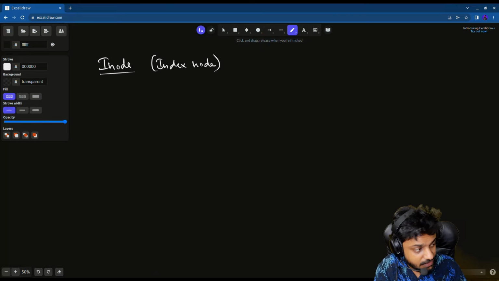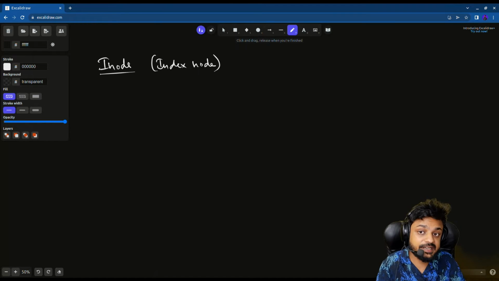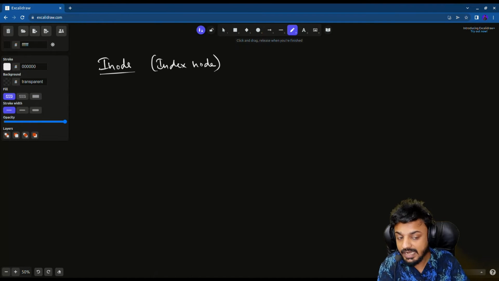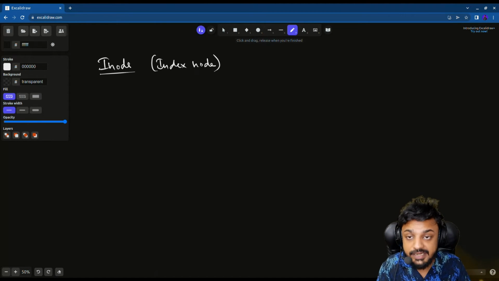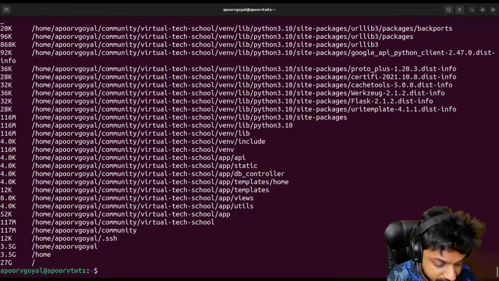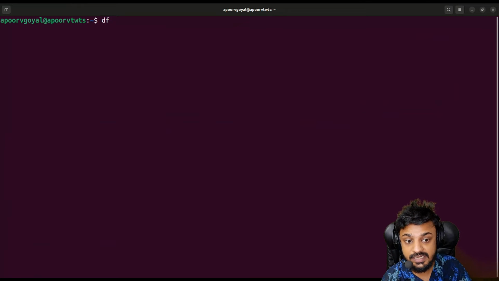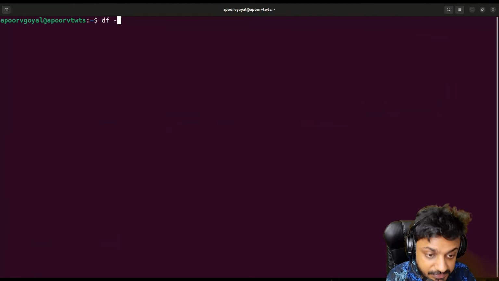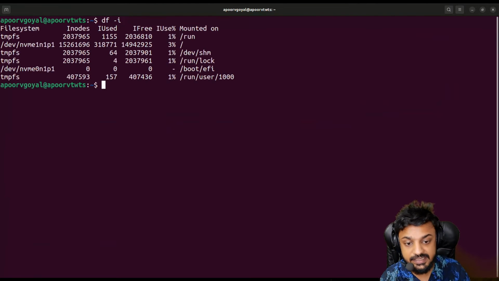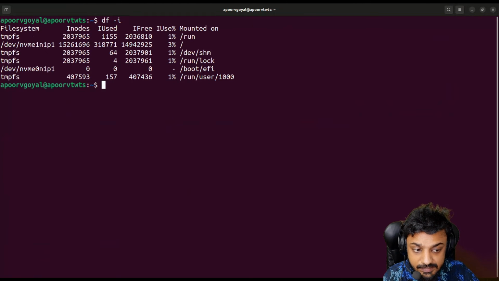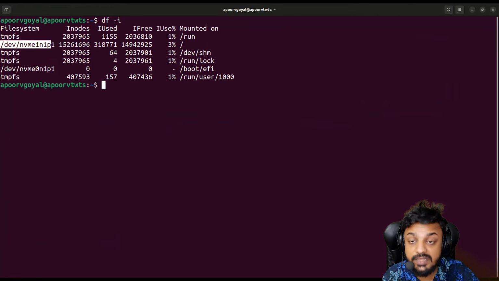Data storage on our disks depends on both the data as well as the database, which is the inode table or the inodes. There is a command to know how many inodes are left, and I'll just clear this. That simple command is df, which is disk free, and then -i. If I press enter here, I can see that in my Linux system, which is NVMe 1N1 P1, this is my Linux system, I have a total of this many inodes available,